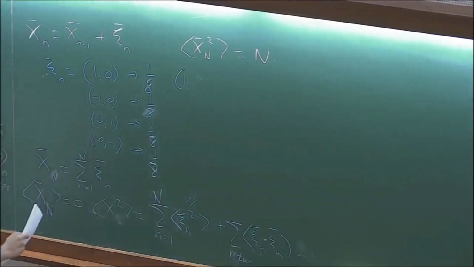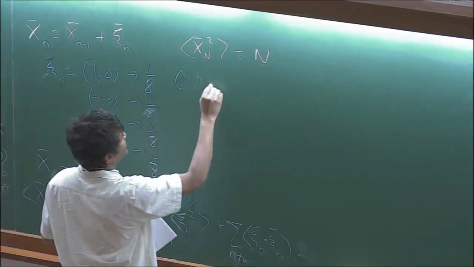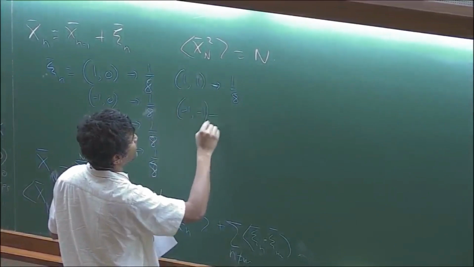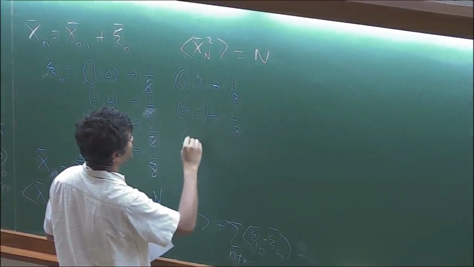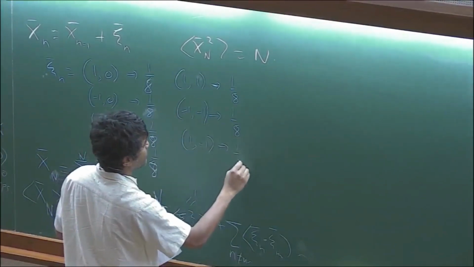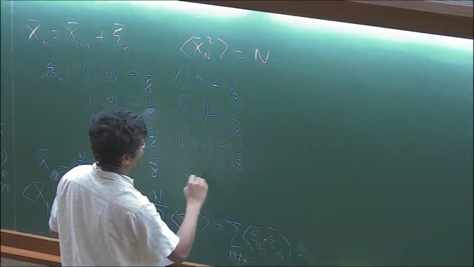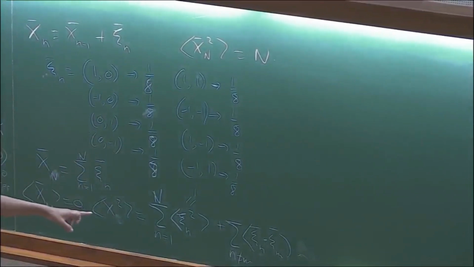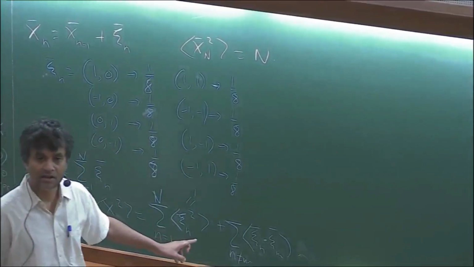So this point is 1, 1 with probability 1/8. So this is also a possibility, but then if I do this, is it still the same